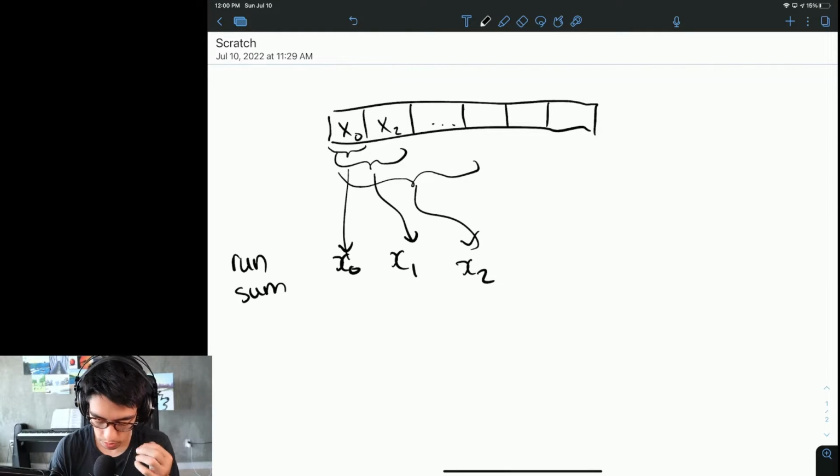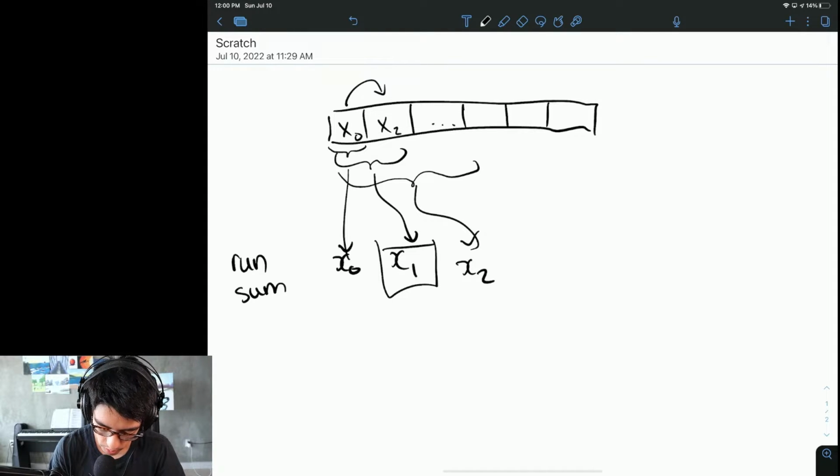So what we can do to obtain this is just add this number and this number, and then since that would be this, we can actually obtain this number right here by just taking the exact same value here and adding it to this box right here.